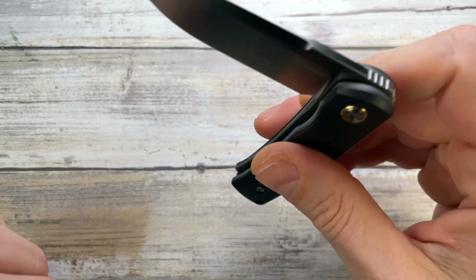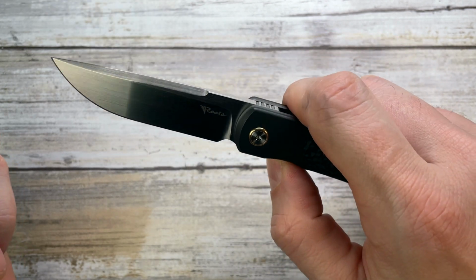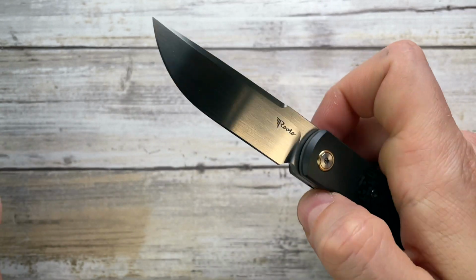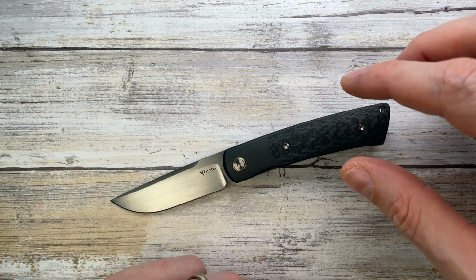It feels like a little bit small in my hand, but there's no hot spots. The grip is pretty solid. Action is also good, and the sound is nice and snappy, not too obtrusive, but it flies open because this guy is running on bearings and weighs in at